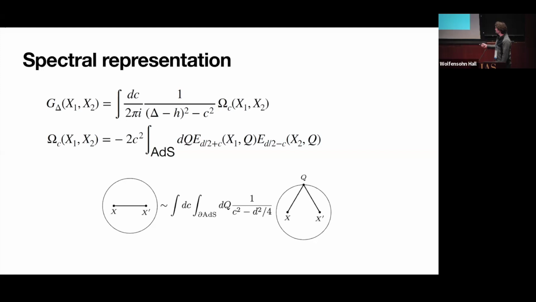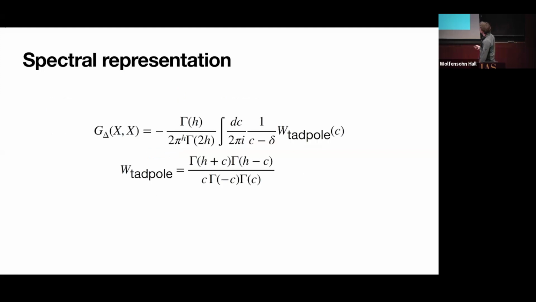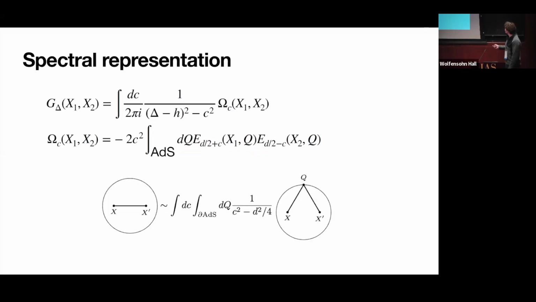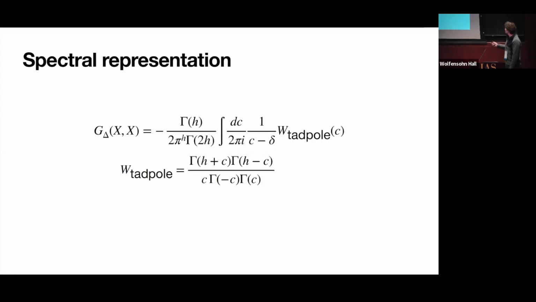So if I give you a generic Witten diagram, the way that most people evaluate it is they take all the bulk-to-bulk propagators and break them into this representation. They do the integral over dq and the integral over x's. And then they need to do the actual integrals over c. The integrals over c are the hard part, so to speak. You can do that with the tadpole here. If you do the integral over q for the tadpole and you set x equal to x prime, you get